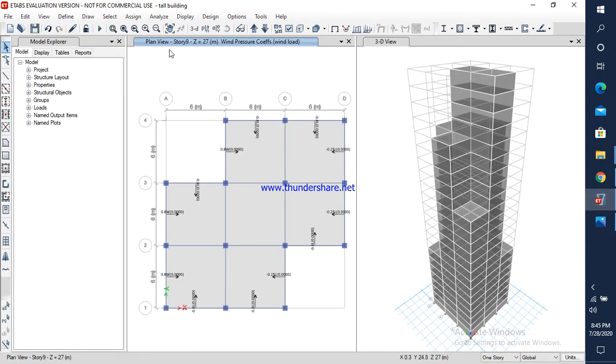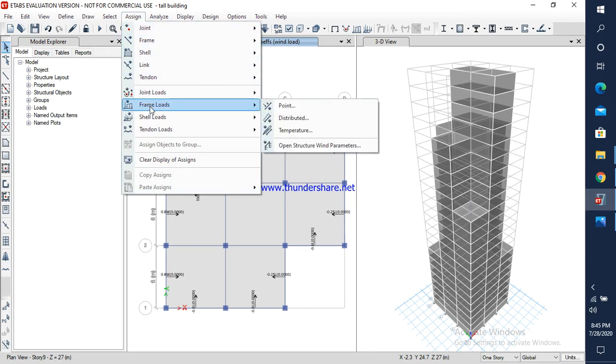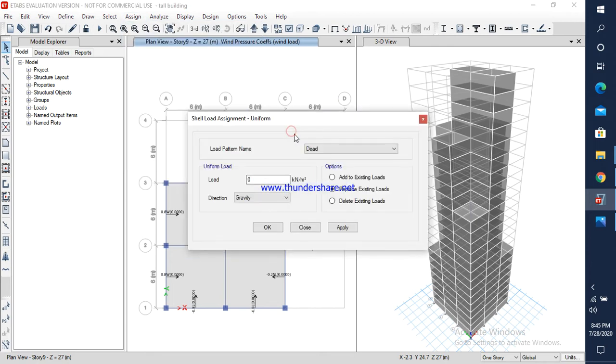After drawing these beams and columns for all different stories, next we need to assign the loads: dead load, live load, wind load. In this assign menu option, we need to assign the dead load and live load. Go to the assign menu, here shell loads option, click on uniform load. In this way we can assign the dead load